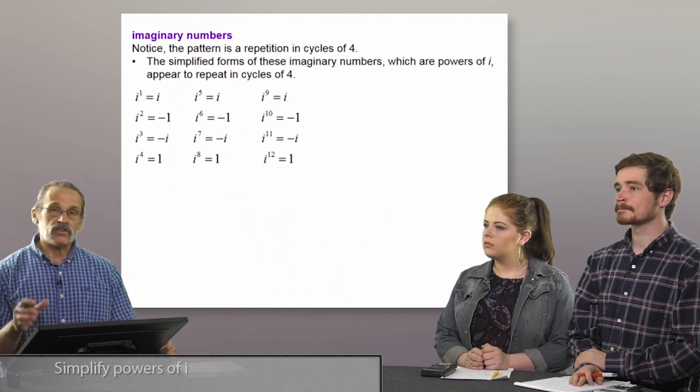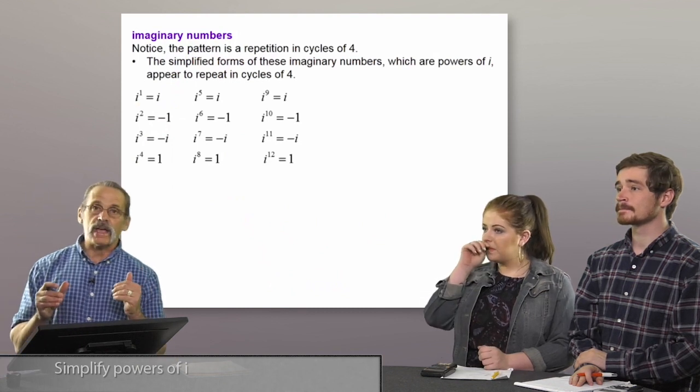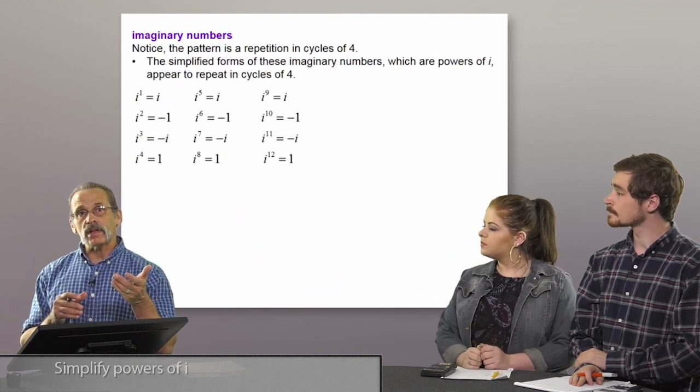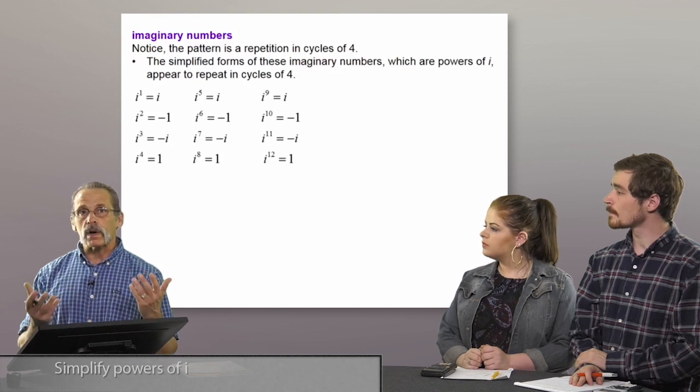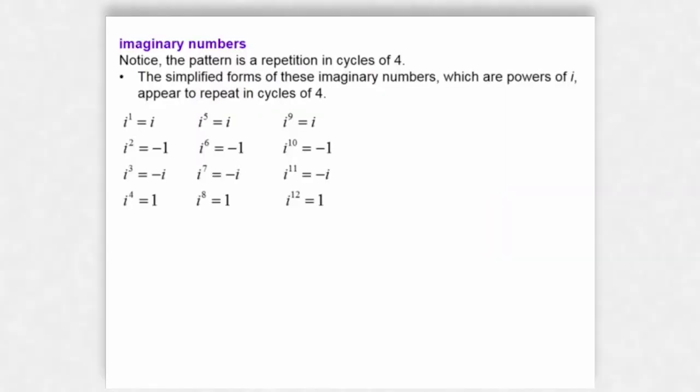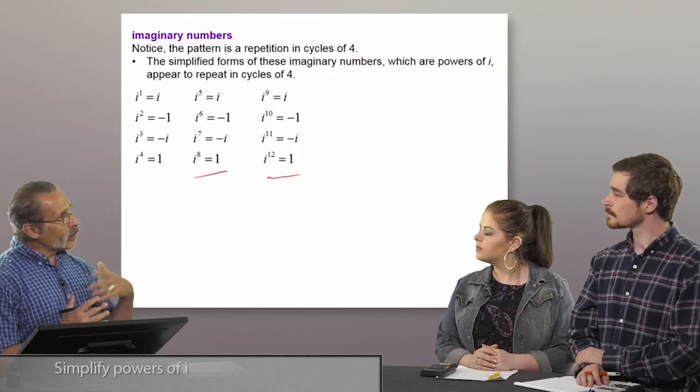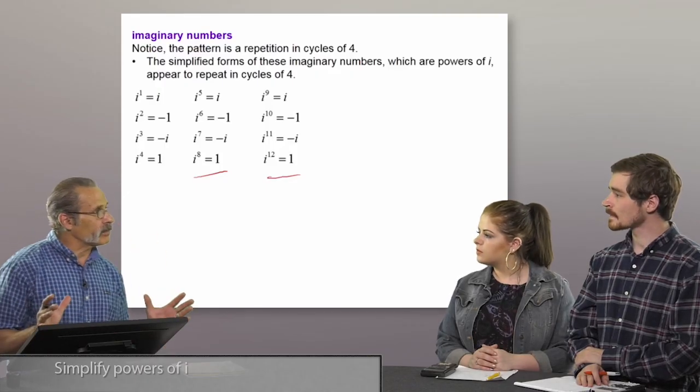Well, it kind of leads me to the point, which is that when you start to look at raising i to an exponent, these repeat in cycles of 4. So what you see in front of you is i to the first, i to the second, i cubed, i to the fourth. And that pattern continues with i to the fifth, i to the eighth, and i to the ninth, i to the 12th. So what we're going to do is we're going to pick an arbitrary exponent, and we're going to